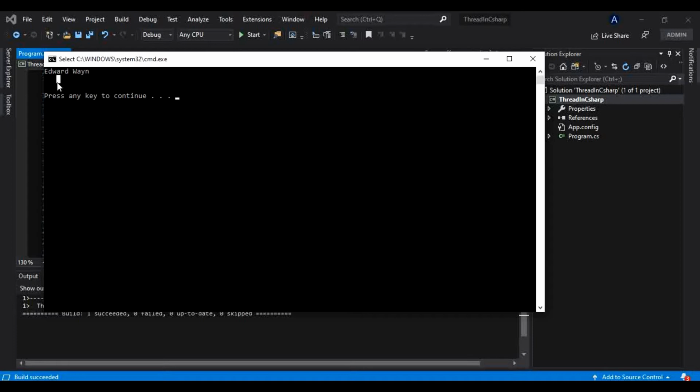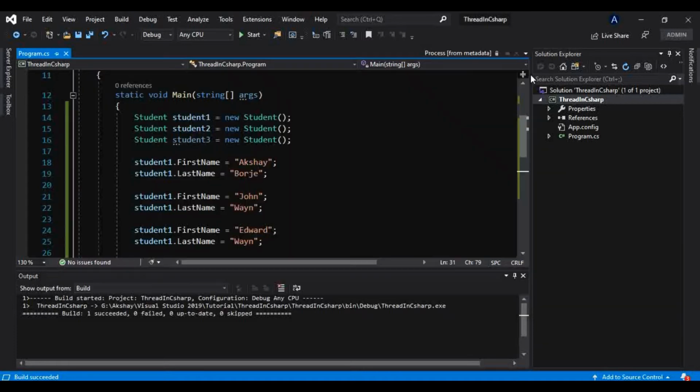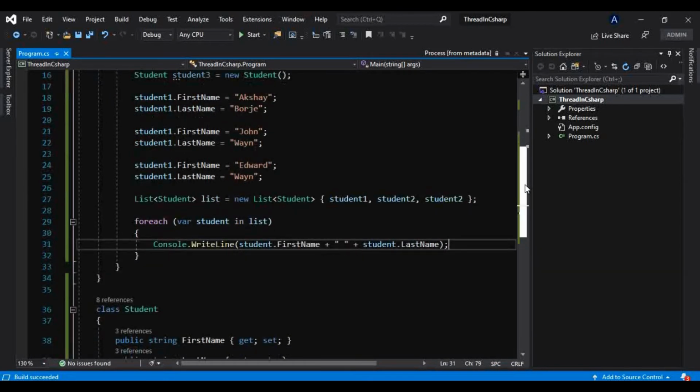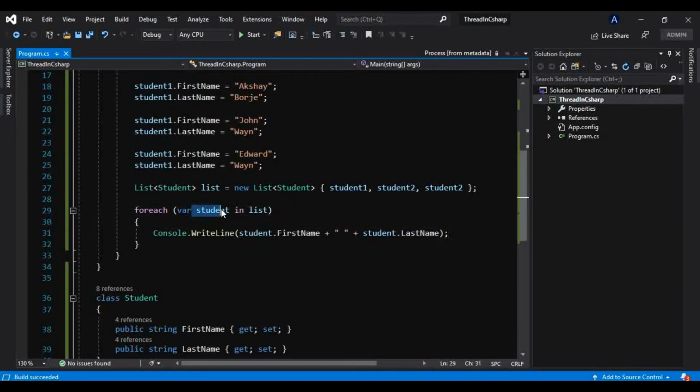It has printed only one name, so let me check why that happened. The list has student 1, 2, and okay, this should be student 3, and that is why it has only printed one student.